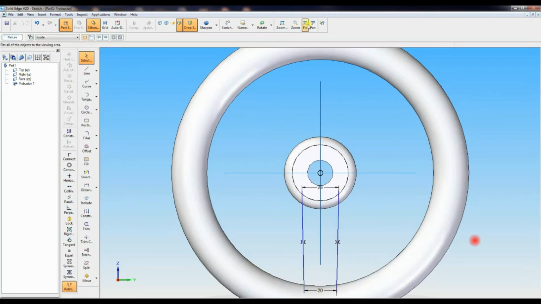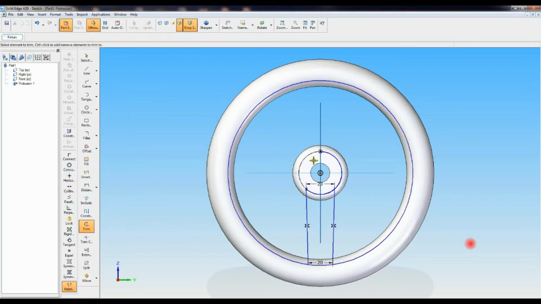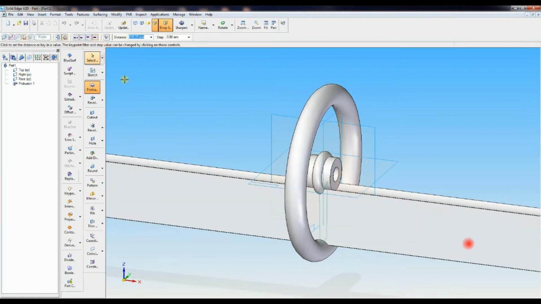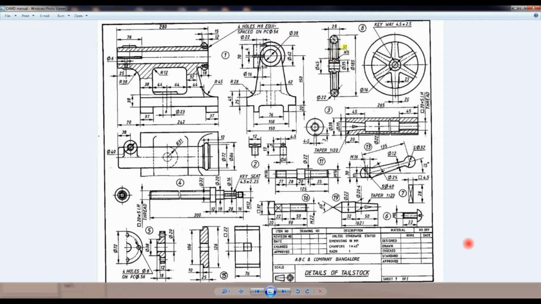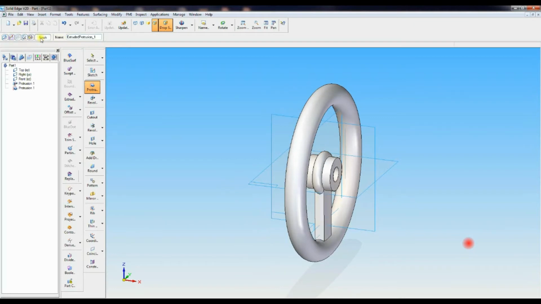Then go to the sketch and go to circle, draw a circle of diameter up to that much, and one more circle you have to draw up to the tip of the line, the 20 mm width line. Then trim the circle and trim the extra lines like this. Then trim that circle. Now go to the midplane, symmetric, the distance you have to give 10 mm. Around, you can see, 10 mm distance you have to give. Okay, now finish.